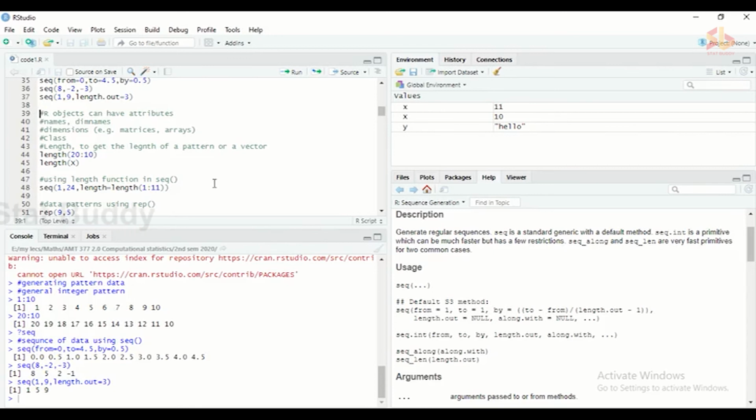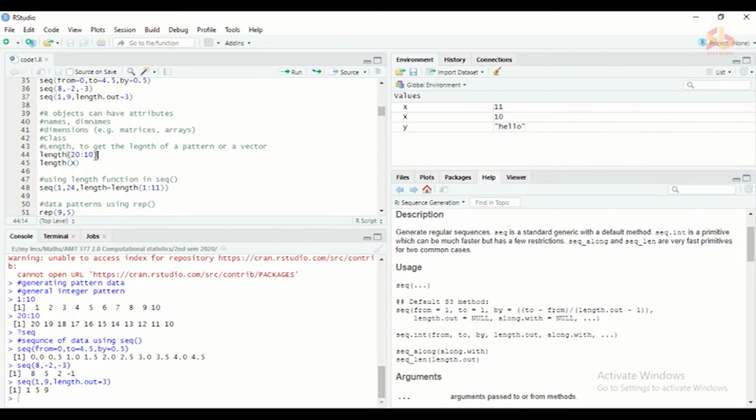R objects can have attributes like names, dimension names, the dimensions of matrices and arrays, the class of the object, and the length of the vector or array. This length function will give the length of a sequence or a vector. You can call length and inside the brackets provide the sequence itself, or you can assign the sequence to an object name, then call that object name inside the function.